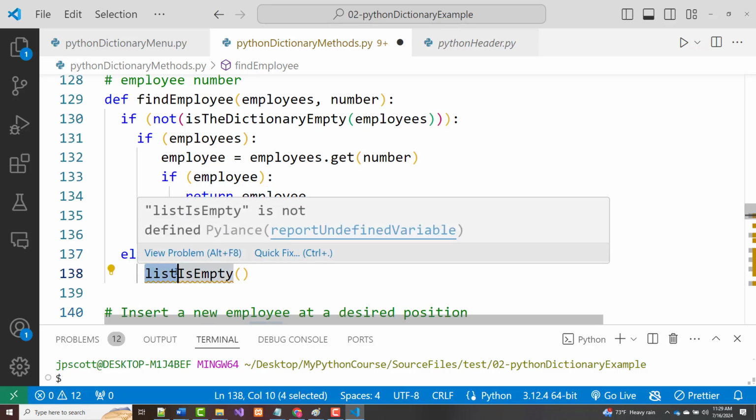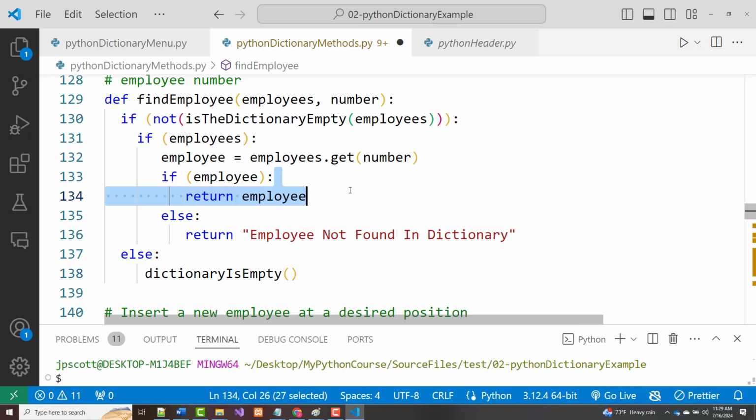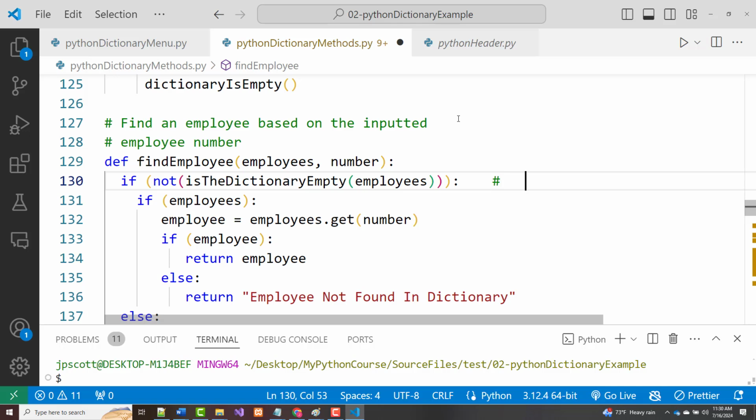And otherwise, dictionary is empty. So let's break this one down. All right. So again, if it's not empty, so if dictionary not empty,